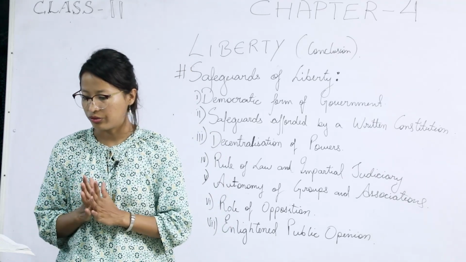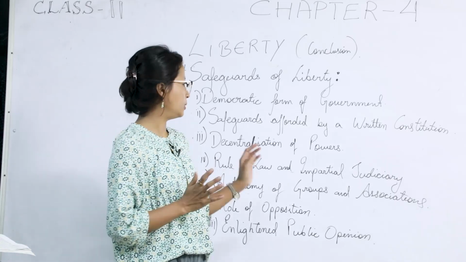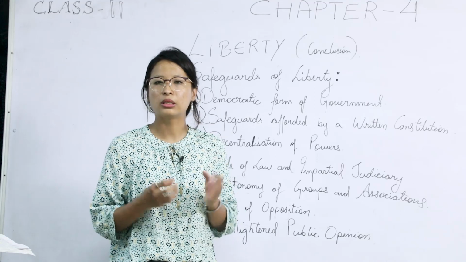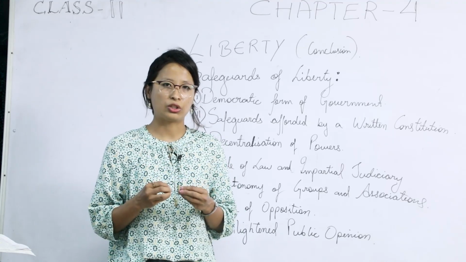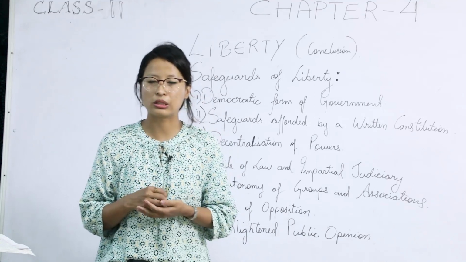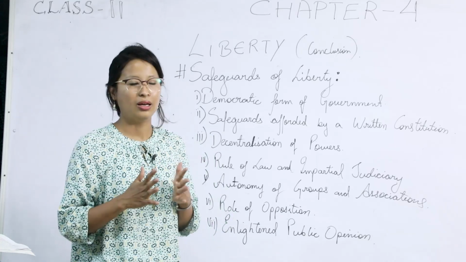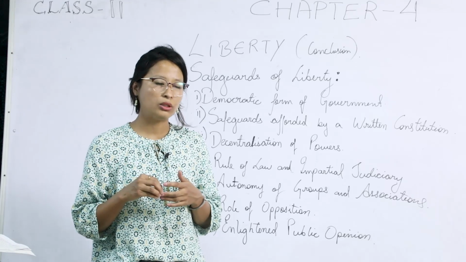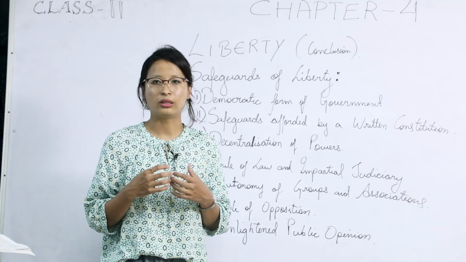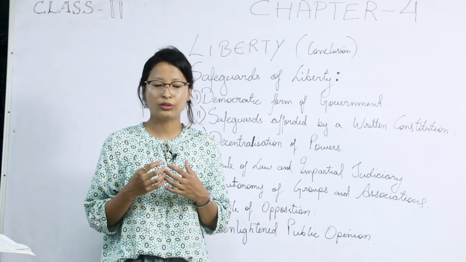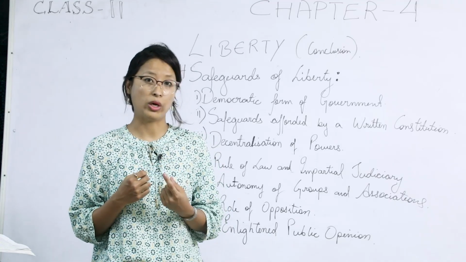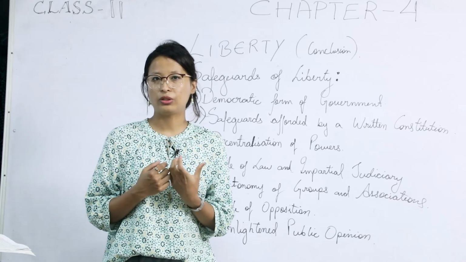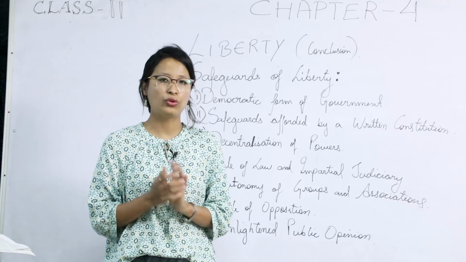Now the first one is a democratic form of government. In a military or an authoritarian form of government, your freedom of speech or right to criticize the government is absent, because such a government is ruled by command or coercion, that is force. In a dictatorial form of government it is rule by one, so it is the command of that person how the country is governed, by the use of force.